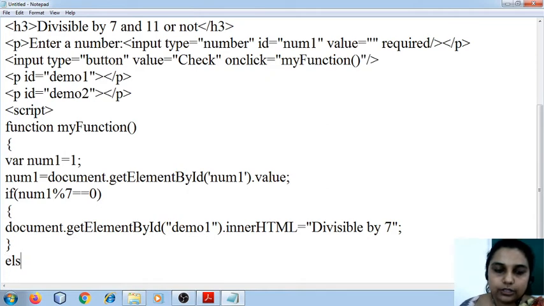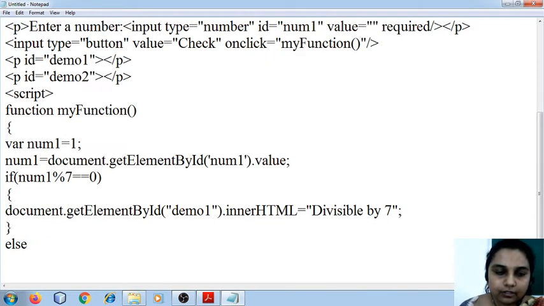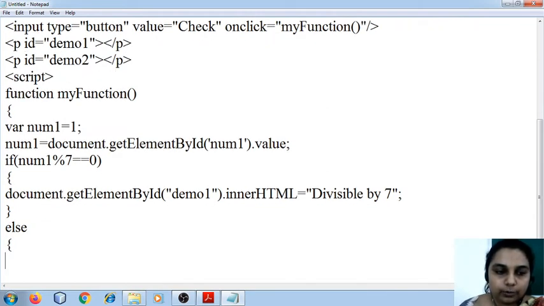Otherwise, else, if it is not divisible by 7, then I need to write some other condition for that.